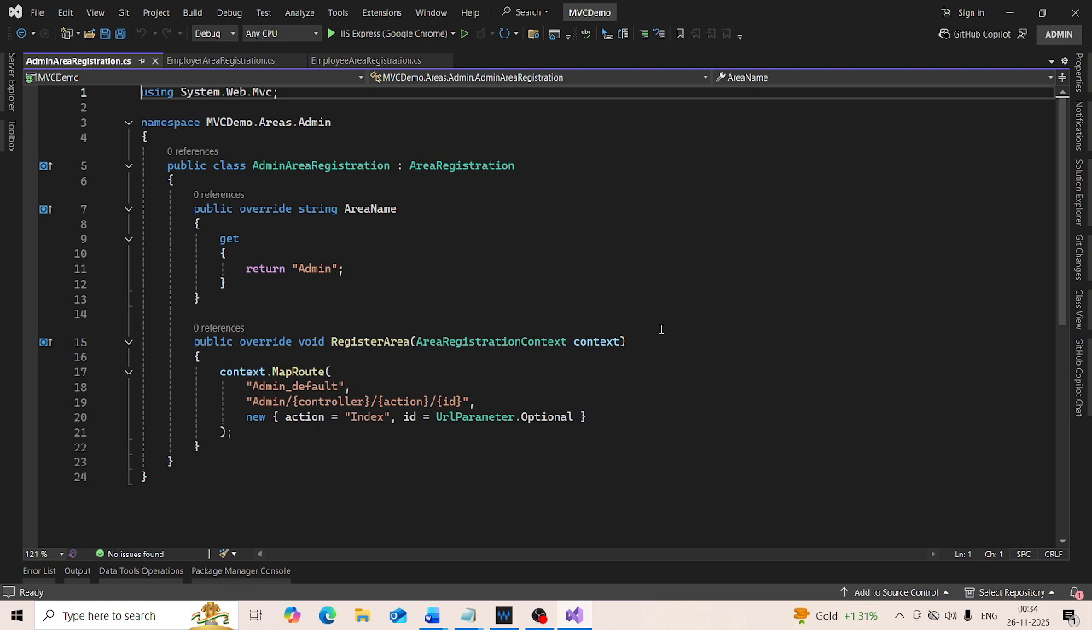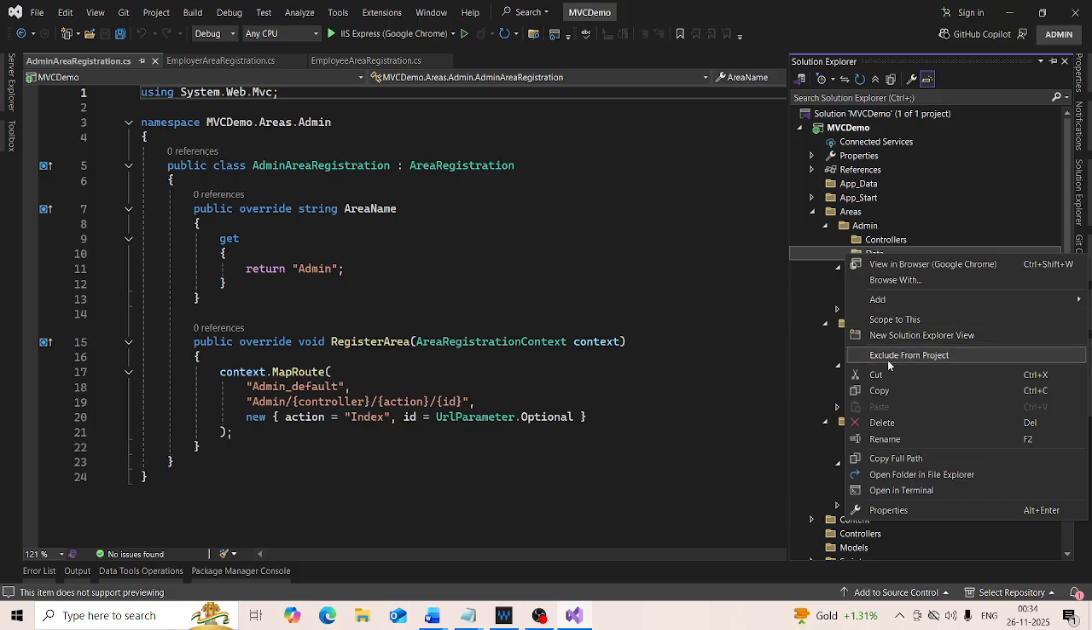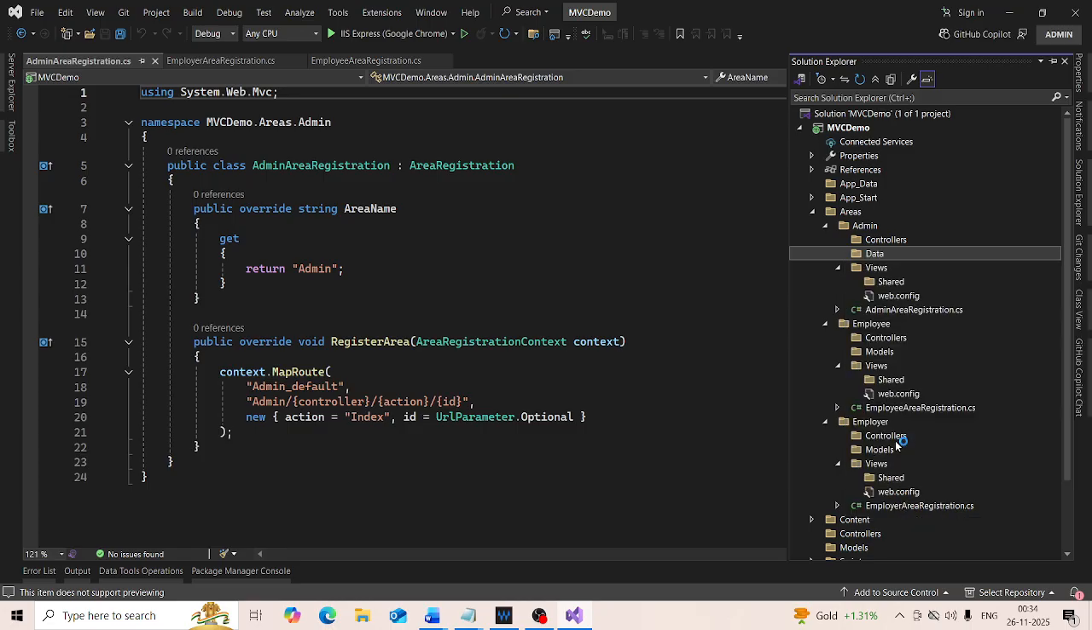Look at that. There are three folders. Rename it as models. Look, there are three folders: admin, employee, and employer, all present in the area folder. And then each folder has its own set of models, views, and controllers. And look at that, within each folder there is also a file called